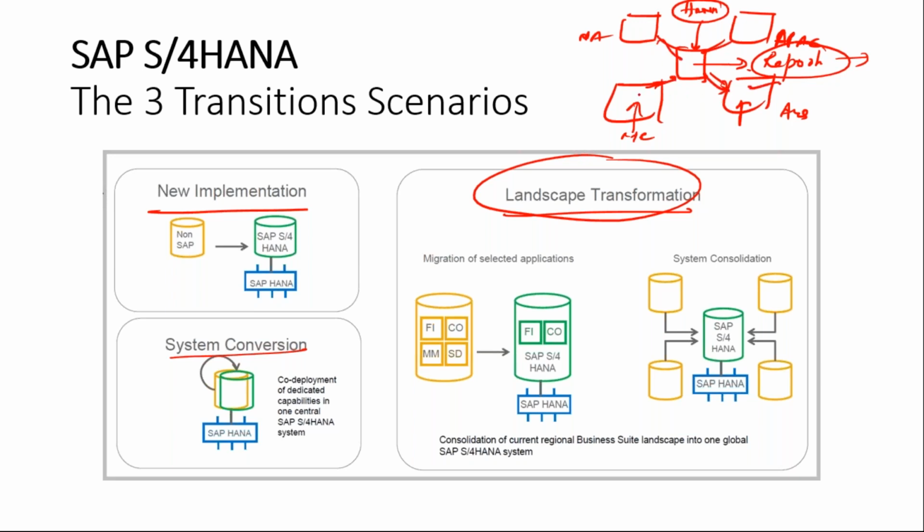Because you'll be using one set of master data here, one set of master data here, one set of master data here. When I want to bring it into one system, again, there has to be an instance base. Within a HANA instance, I'll be putting it as structures, right? You have how the table structures have to be redefined and tested. So we have multiple systems, system consolidation, a lot of harmonization that has to be done. Finally, you'll be bringing it into HANA, on which your SAP S4HANA will be mounted, S4HANA which will be enabled by HANA Simple. These are the three transition scenarios that we'll be discussing.